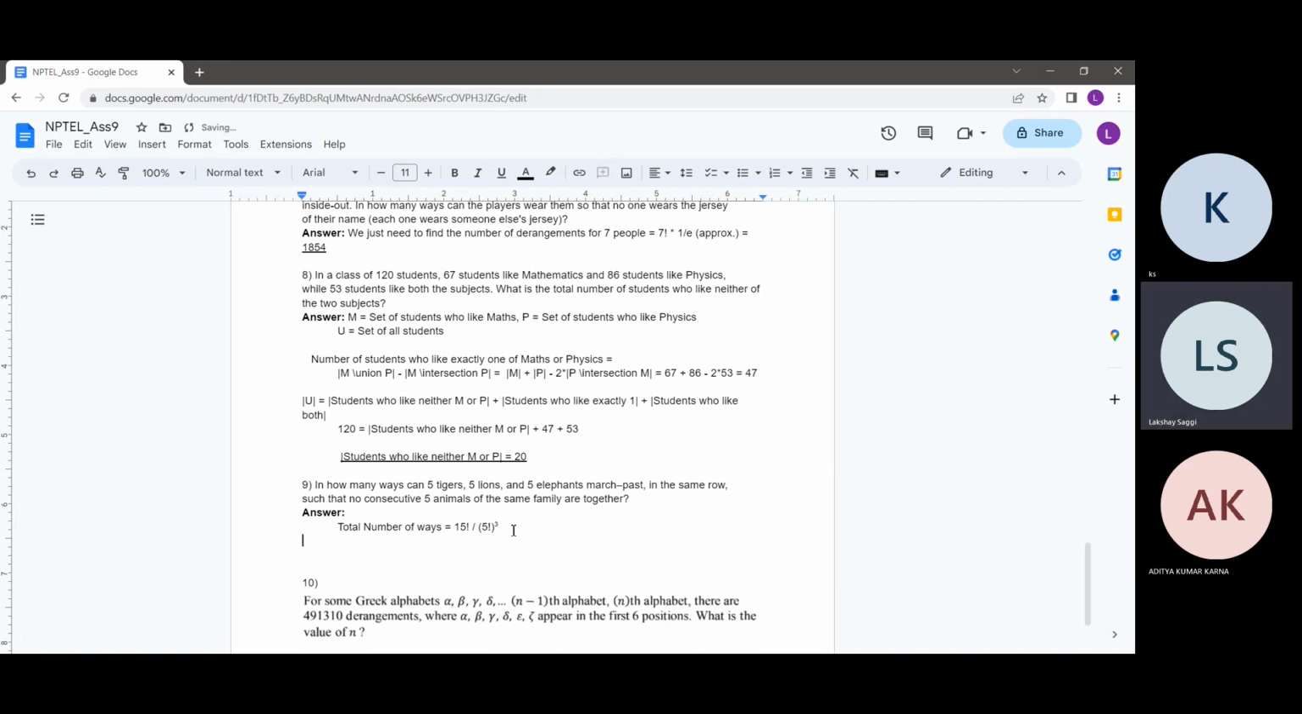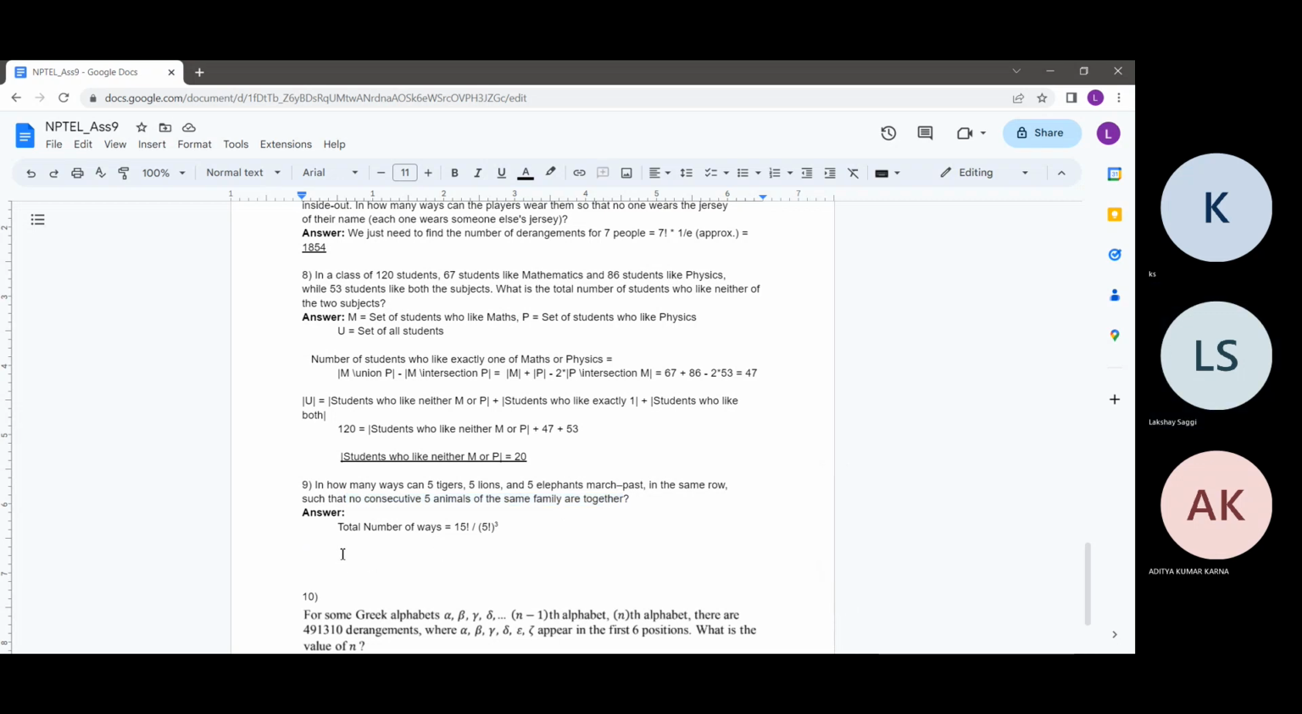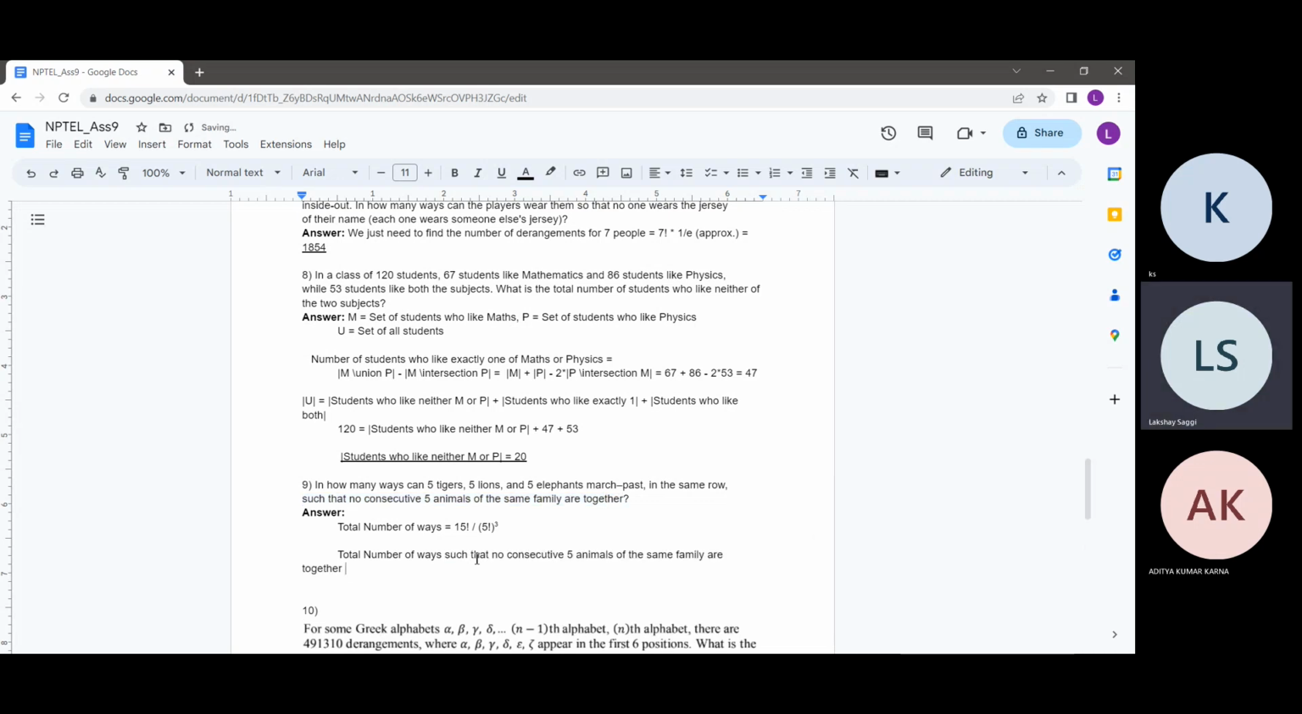This is the actual total number of ways, but we don't need this. We need to find actually the number of ways such that no consecutive animals of a family are together. So the number of ways such that these are together will be subtracted from this total number of ways, 15 factorial over 5 factorial cube. So from this what I need to subtract is